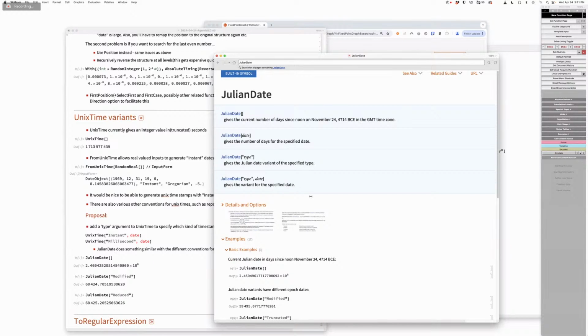That sounds useful to me. So my proposal is the date argument can be a reference date. Like Julian date, if you say modified, it gives you the current modified Julian date, but you could give a second argument of a reference date and it will give you that date in modified Julian days. Wait a second. Julian date has a second argument like that? Yes, it has an optional first argument that is the type, because if the value changes, then from Julian date also needs to know that this is a modified Julian date or a truncated Julian date and not a